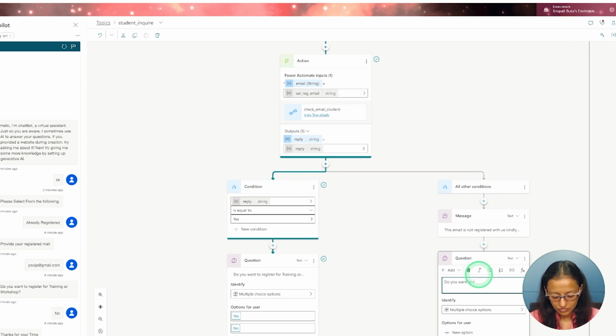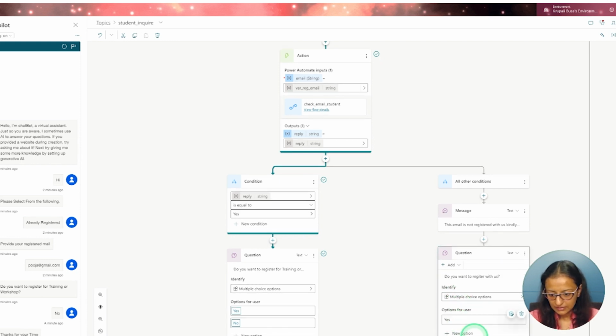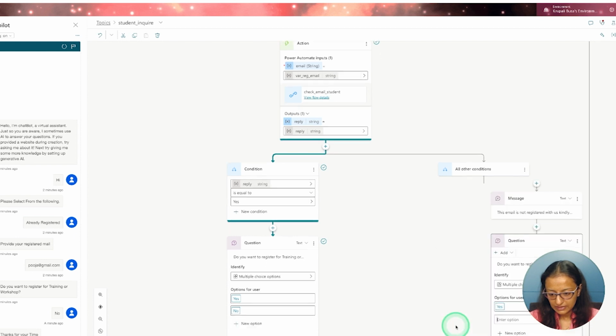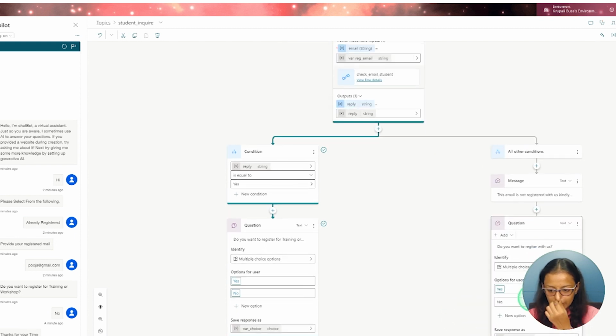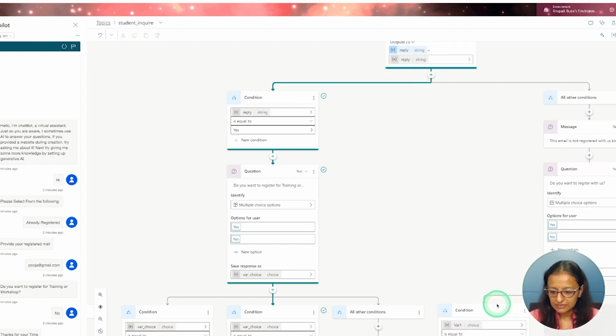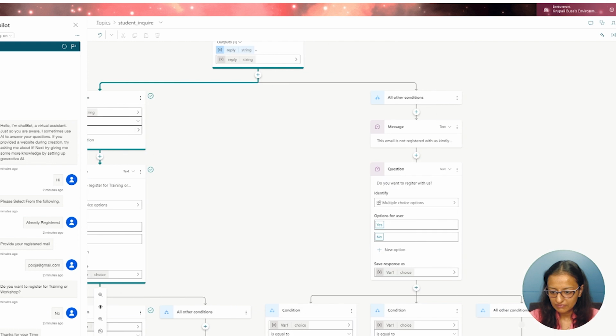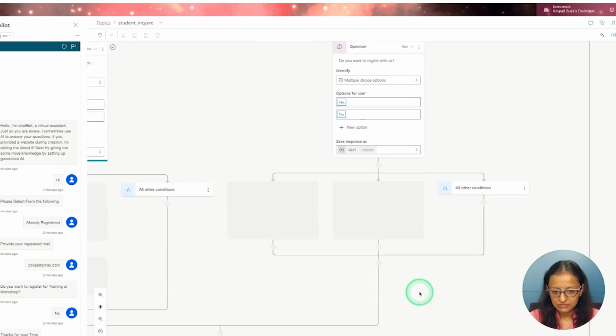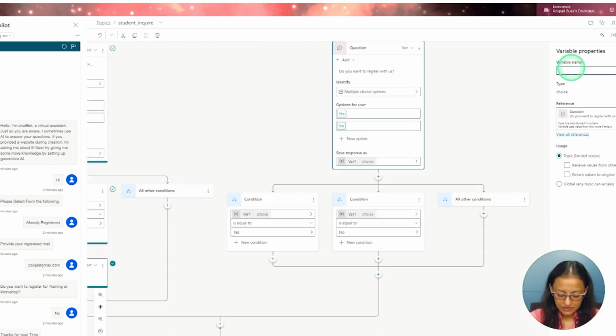with us? Okay, and if he or she says yes, or either they can say no also. If they say yes, then let me just change the variable name of their choice, variable registration choice.